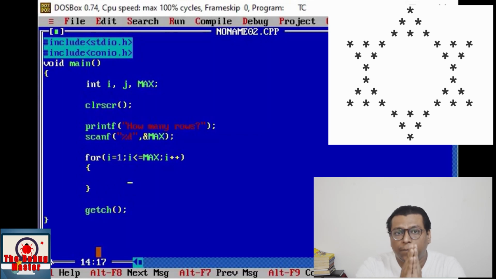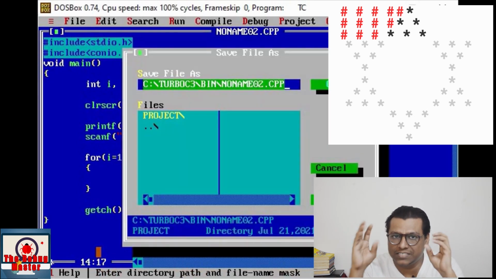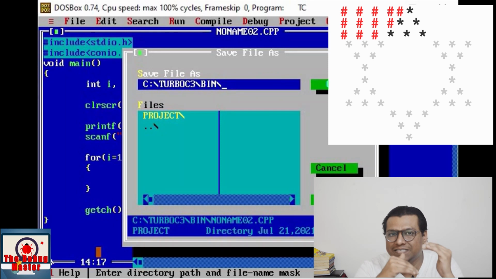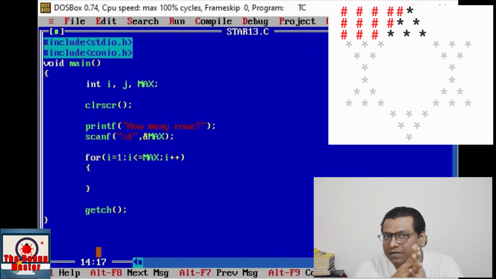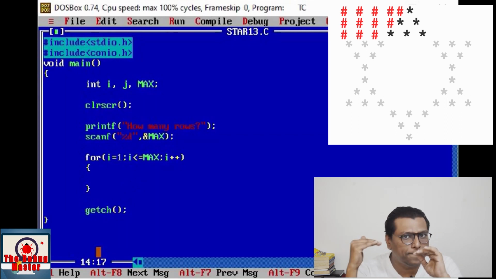We shall divide this pattern into a number of parts, and step by step we are going to print that particular part. First of all, we shall print the space before the first pattern, the top pattern of this star pattern, right?